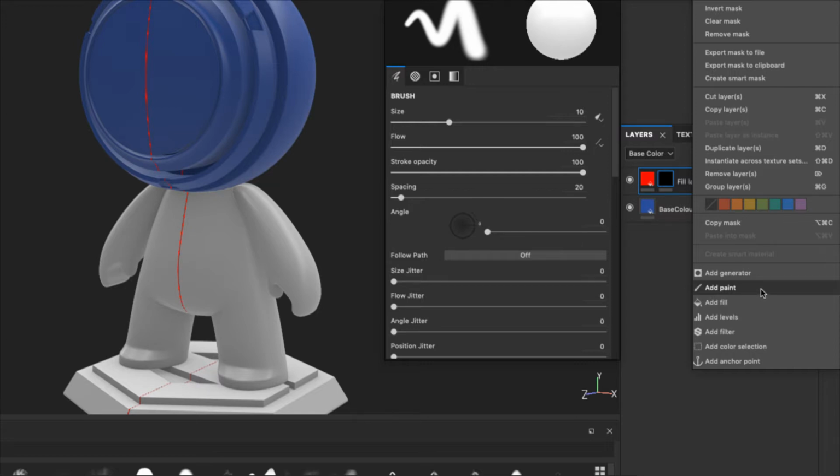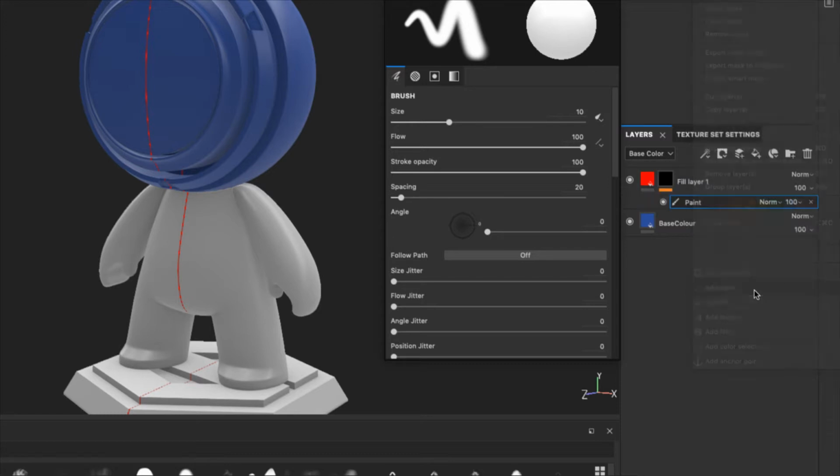We will now add paint. So right click, and on the bottom we can add stuff, and now we will add paint. Now you can see that underneath we have red color, then we have a black mask, and underneath the mask we have paint. And now when we go to paint on top,